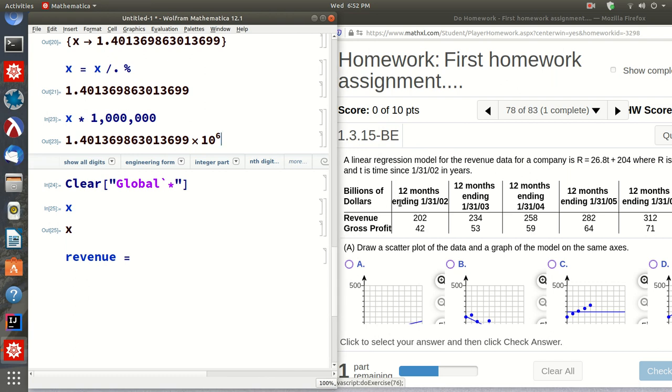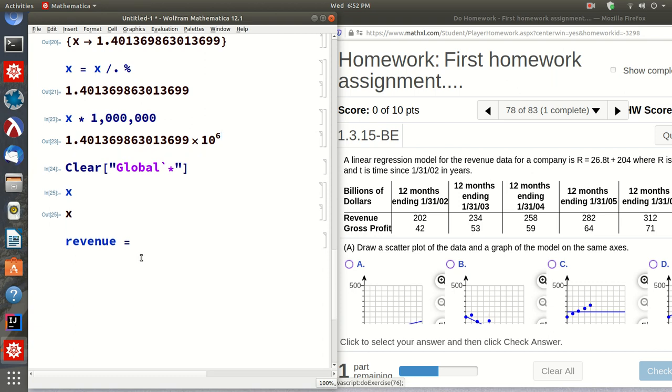Oh, I see, this is billions of dollars. So this is, right, I'm sorry, not millions. I said millions. This is billions of dollars. So $202 billion, $234 billion, $258 billion, et cetera, et cetera. Right, I said million. That was a mistake. Okay, so this is going to be